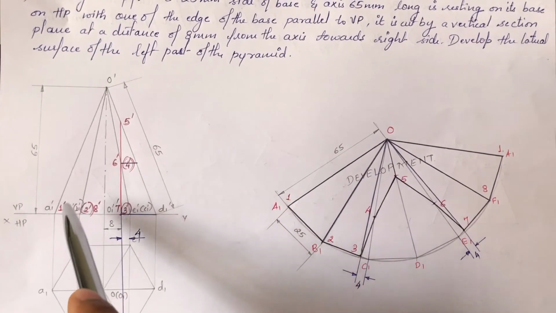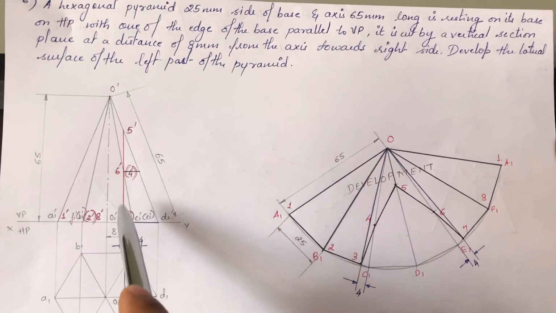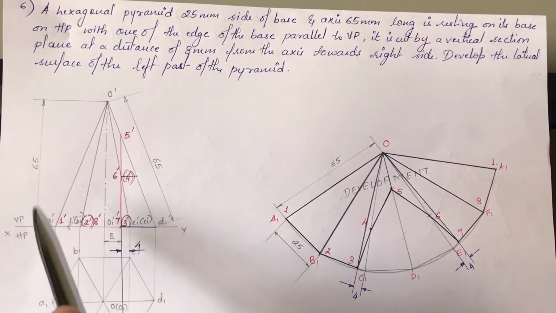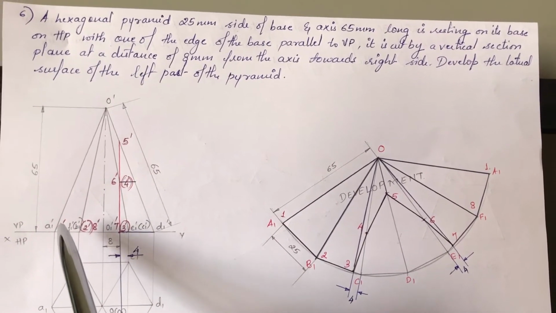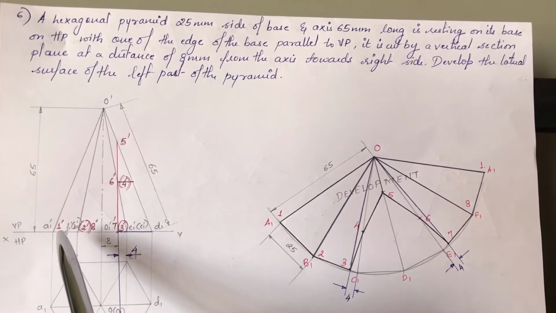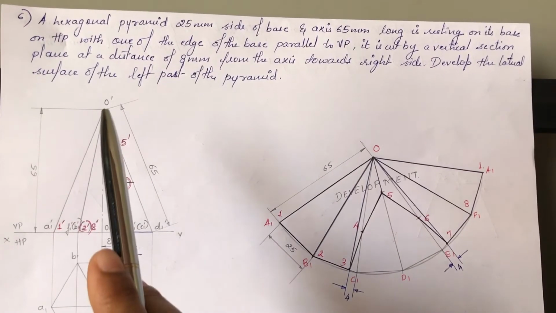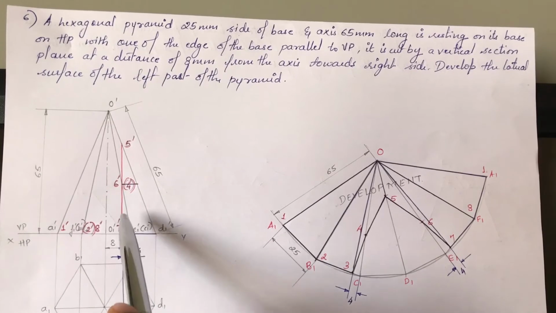First I have considered O to A1. On O to A1, actually there is no plane that is cutting it. Is it cutting? This is a vertical plane, it is not cutting this. But in order to avoid confusion, I have taken this as 1 dash. There is no harm if you take it like this, you take it as 1 dash. On OB1 I have marked 2 dash. On OC1, that is here, there is going to be 3 dash.